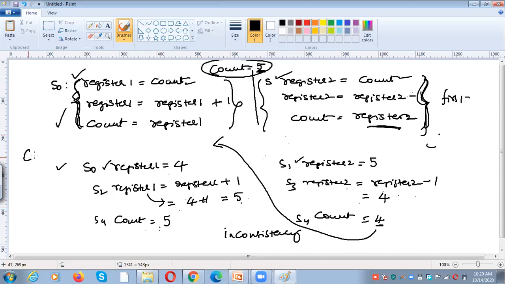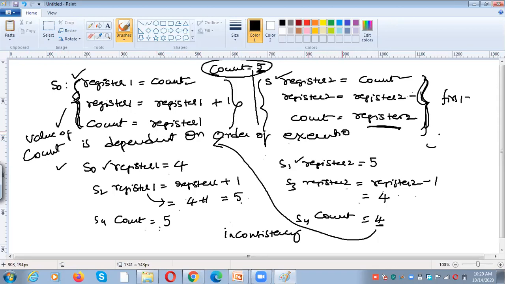The value of count is dependent on the order of execution. That means if we execute these two statements in parallel, then the count values are different. If we execute these three statements first and then these three statements, again the count values are different. And if you execute this statement first and then these statements, again the count value is different.